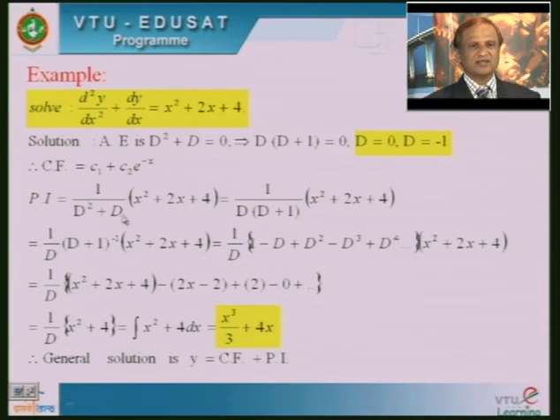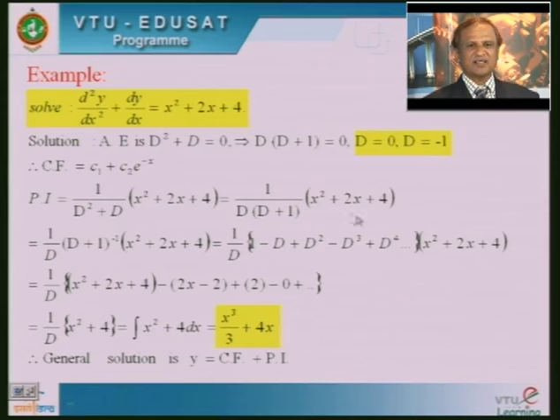Is it clear? Right. So, I want to simplify. 1 upon f of D can be written as 1 divided by, from these two terms, I want to take out the lowest degree term. What is the lowest degree term? D is the lowest degree term. It can be written as 1 divided by D into D plus 1, into the given function's right hand side member as it is.